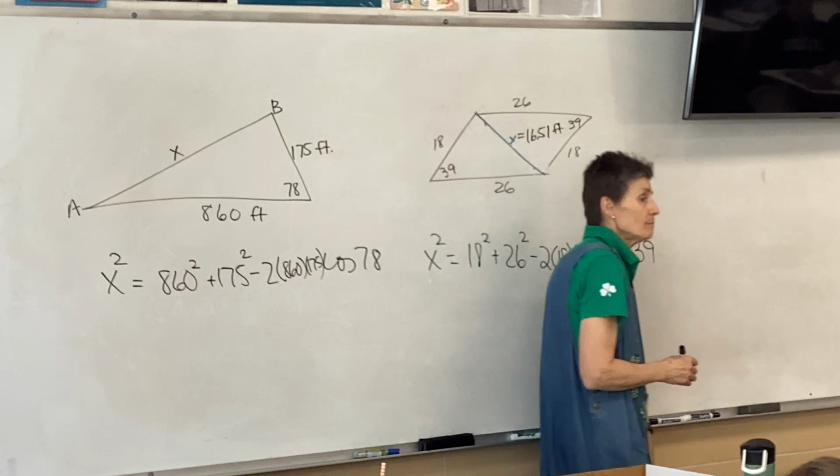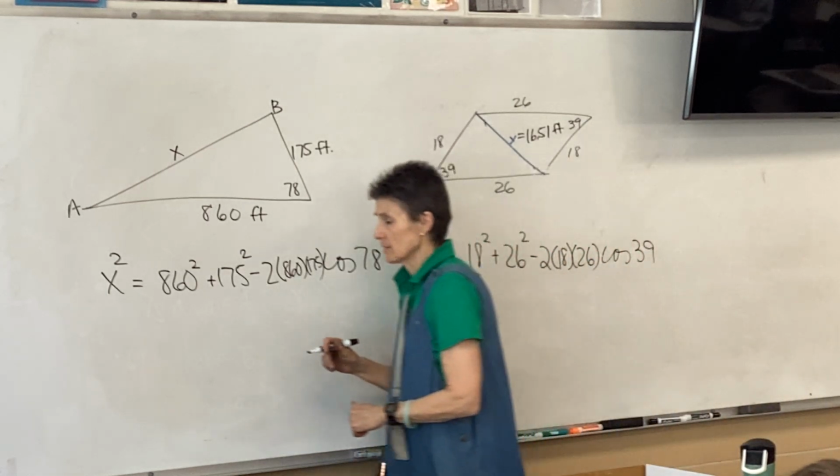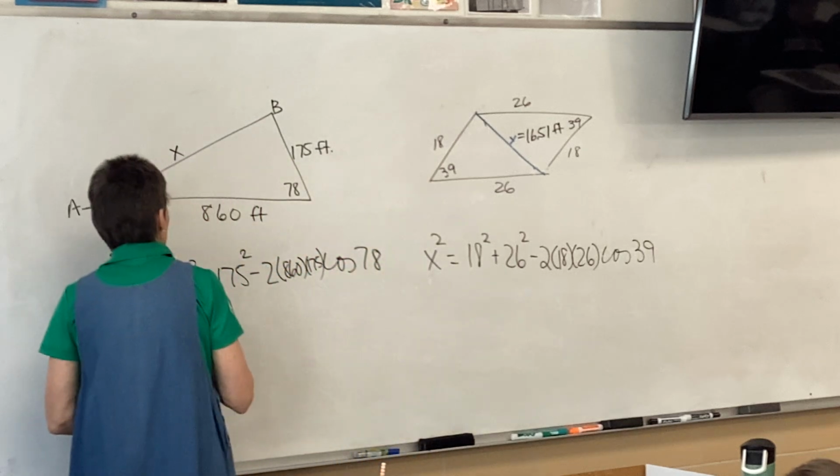And again, this one's an easy one to type in because there are no variables in there. You just type all that in, squared, hit equals, square root it, and you got your answer, which is